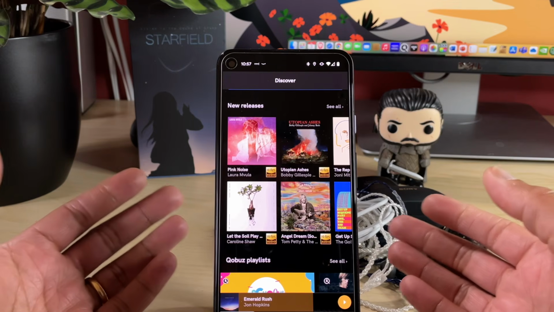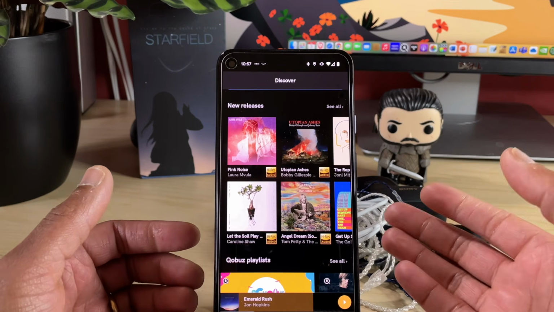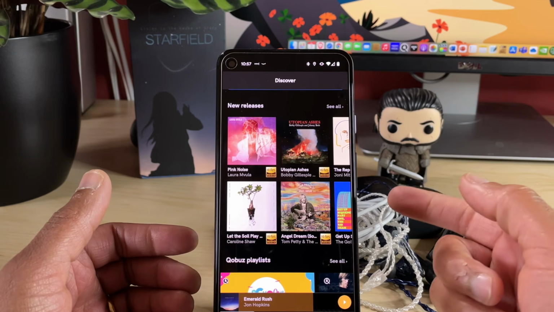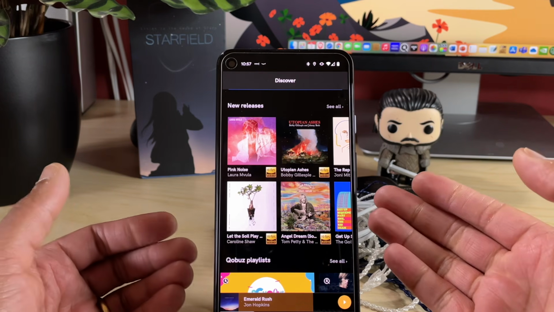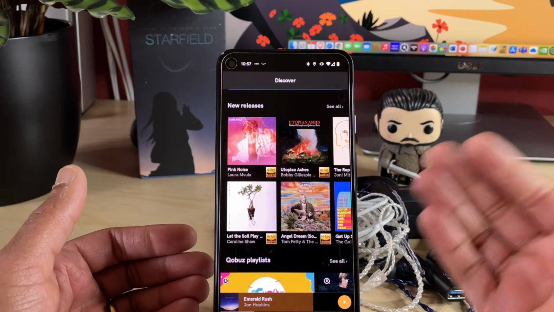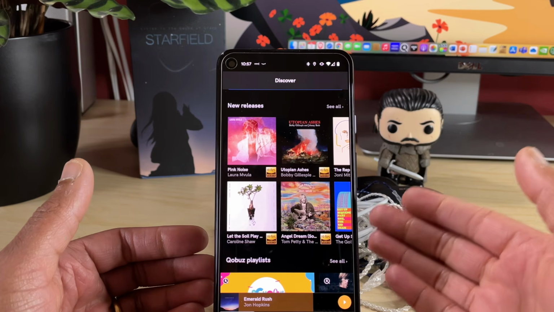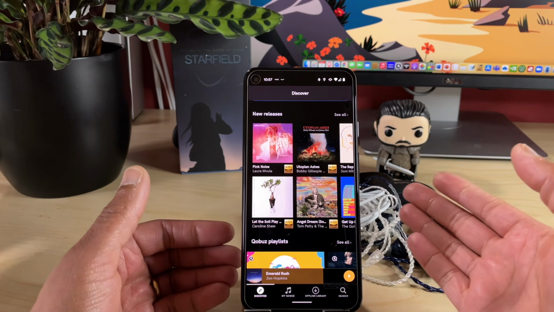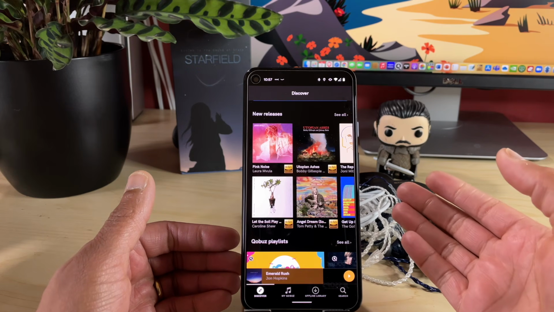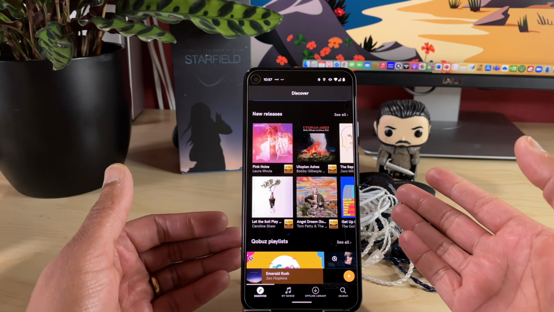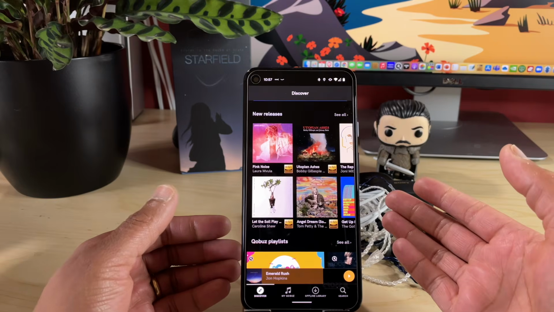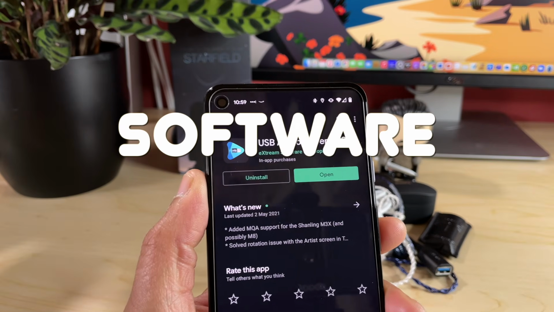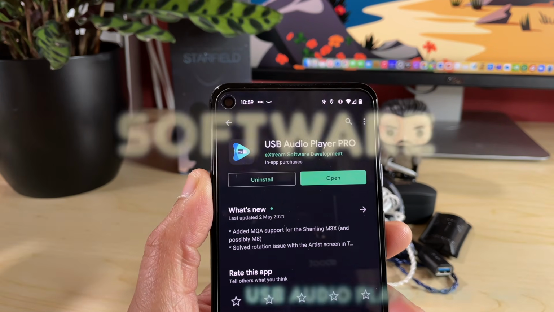Now this doesn't happen on all phones though, so for example on my Pixel 4a 5G, even through very sensitive IEMs through the headphone jack, I don't get any audible artifacts at all. However, on another phone I had, the LG V30, it really was noticeable when playing non-MQA tracks through the Tidal app, for example. If you are a bit of a perfectionist, however, fear not, because there is a solution